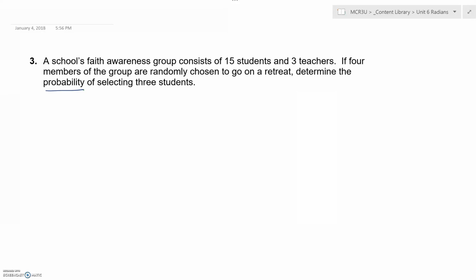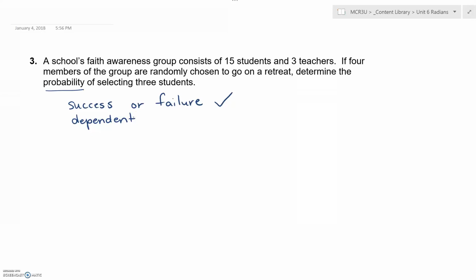Now that's also a characteristic of the binomial distribution. So how do you know which is which? The way you find out is if it's an independent event, we know that it's a binomial distribution, but if it's a dependent event, we now know that it's a hypergeometric situation. So in this case, there's still a probability of success, which would be selecting a student or not, or a probability of failure. So it satisfies that condition, but it also satisfies the condition that this is a dependent